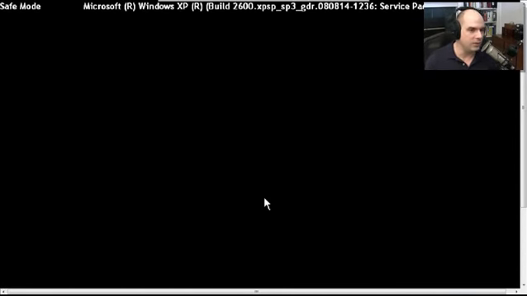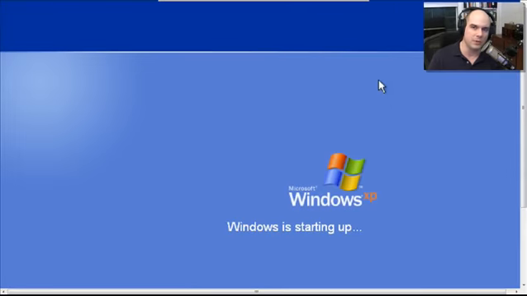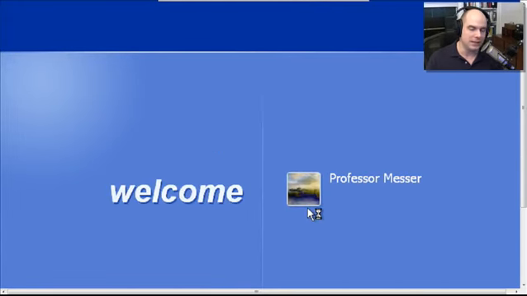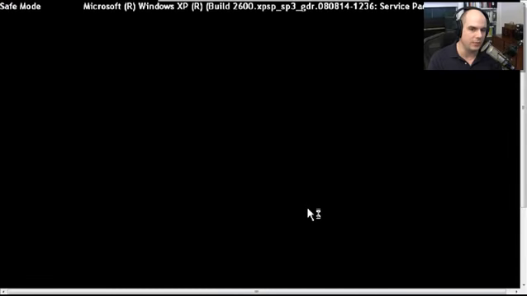Our Windows starts up now, and you can see right across the top it says, yes, indeed, we are in safe mode, and we're running this version of Windows XP. That's not something that normally pops up whenever we're starting up Windows for the first time. And I've got a couple of different options on my screen. I can start up as my administrator or as Professor Messer. We'll start up in my normal Professor Messer account name because that's the one that I'd like to test with